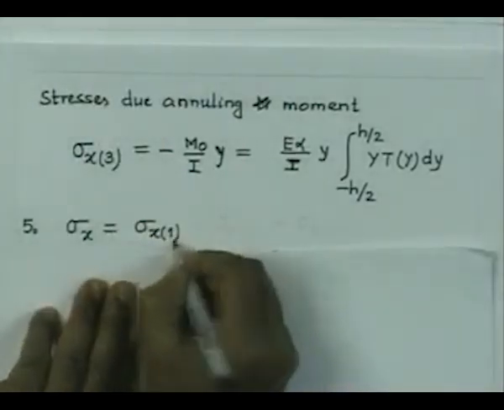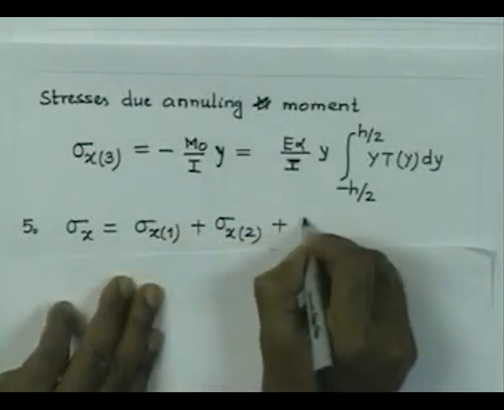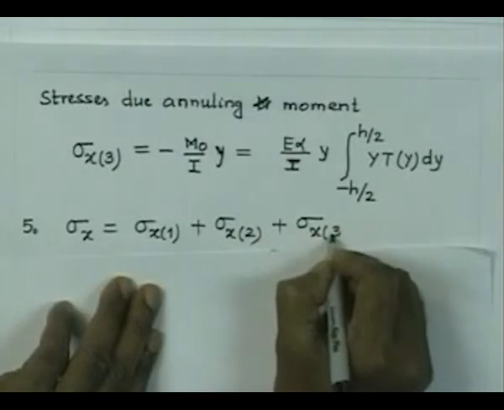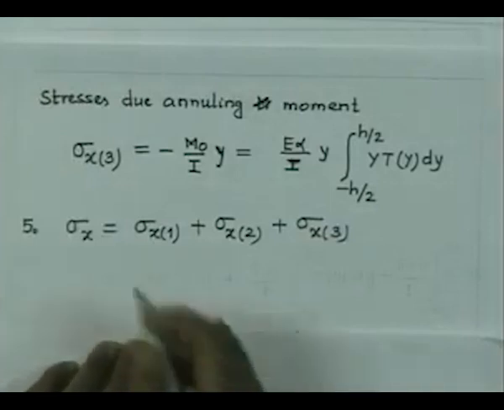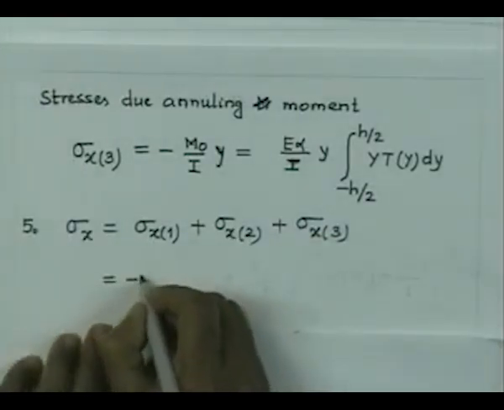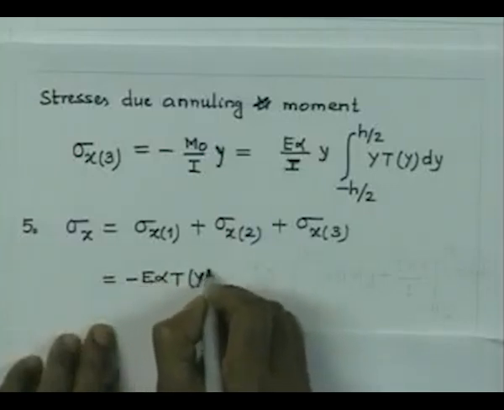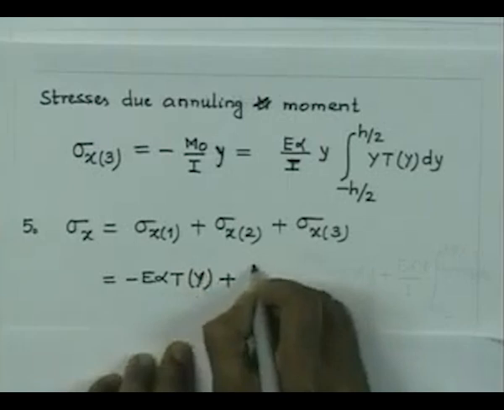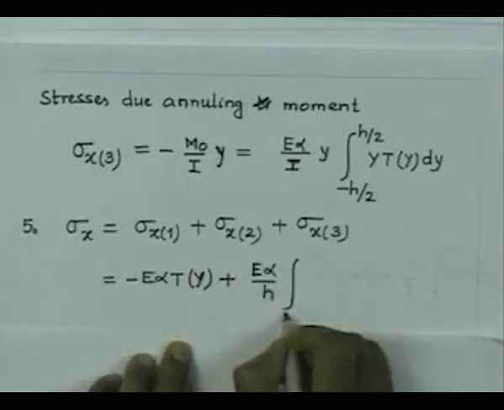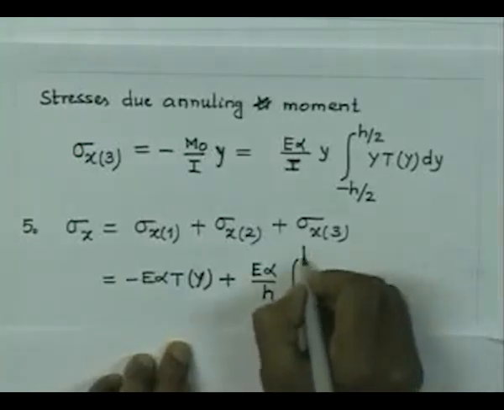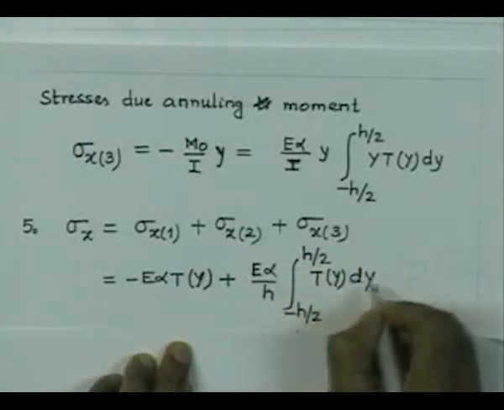So, sigma x1 plus sigma x2 plus sigma x3, and if we want to write in terms of our temperature field, then it is E alpha Ty plus E alpha by h, integral from minus h by 2 to plus h by 2 of Ty dy, that is the